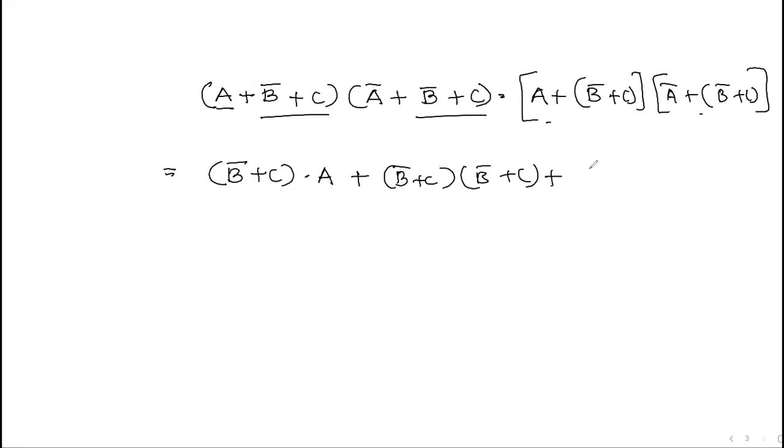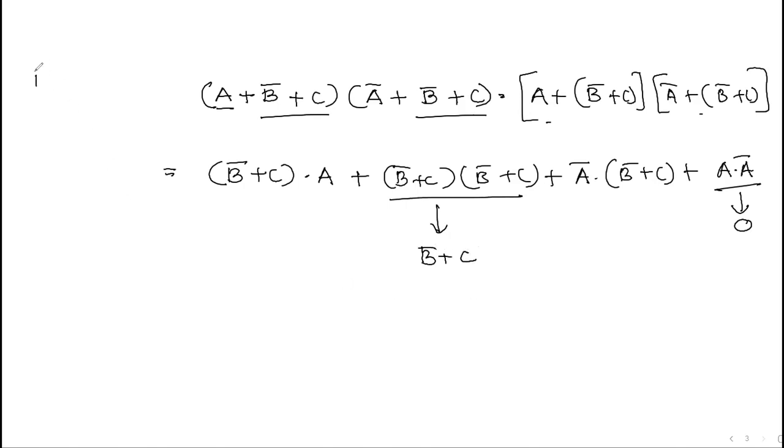Plus it is A bar into B bar plus C, plus it is A into A bar. So this one is reduced to 0. This is in itself B bar plus C. The reason is that A plus A is always equal to A. Okay. So B bar plus C